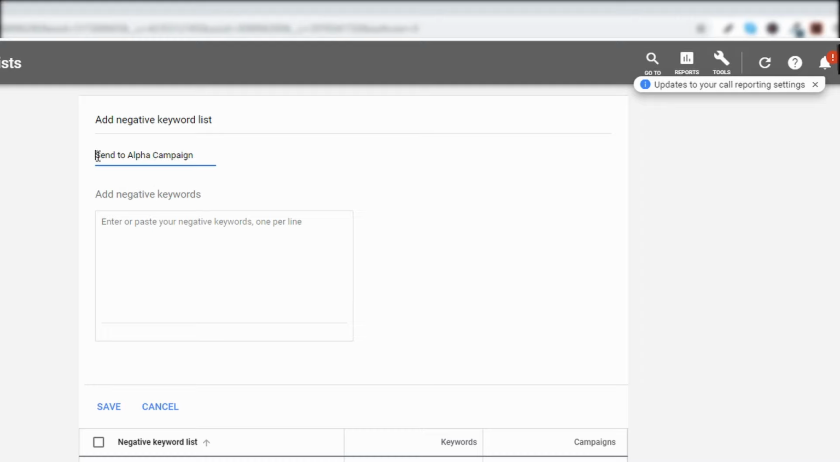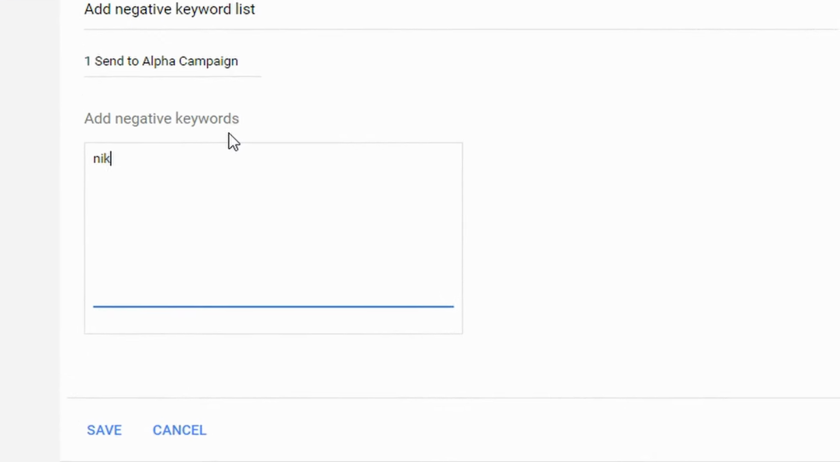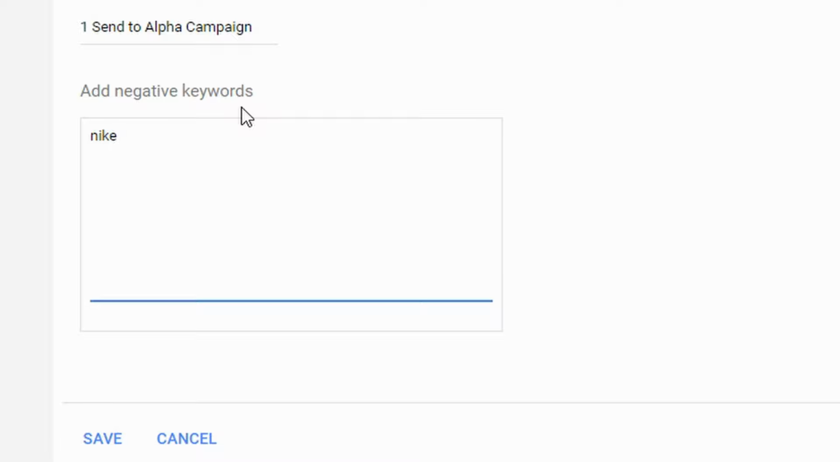And I'm actually going to put a 1 in front of this just because I already have one that's set up this way. So let's do this, and let's say we are targeting, in this case, Nike. Let's continue on with Nike. So we're going to have Nike as a negative keyword. So I could just type in Nike here like this, but if I do, that's going to be a broad